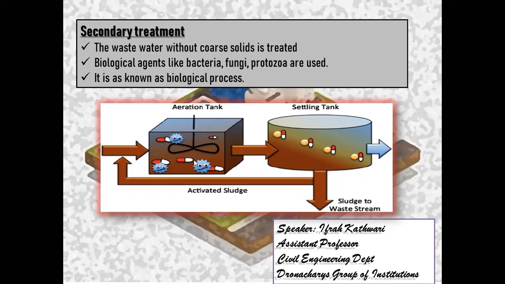The microorganisms feed upon this organic matter, and then this sludge is again sent to this sedimentation tank, where it settles down and gets removed again. So this is the activated sludge process, wherein we continuously work on the sludge to make it more suitable and feasible. It is being processed again and again so that it becomes suitable for the required purpose. This is known as the activated sludge process. So this is what happens in the secondary treatment plant.